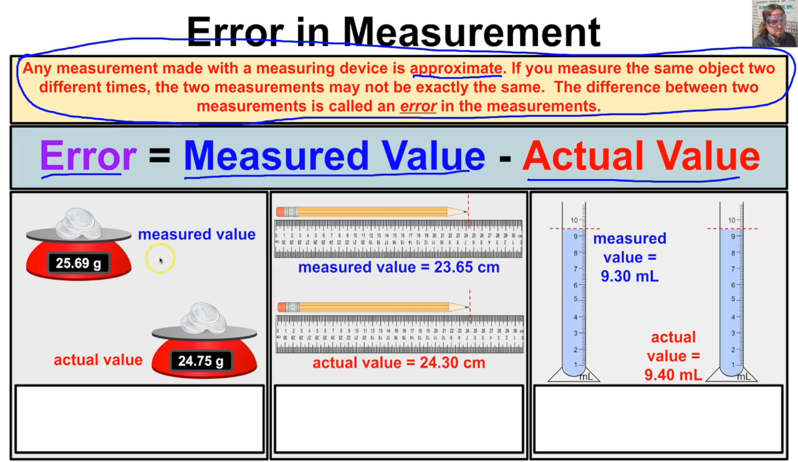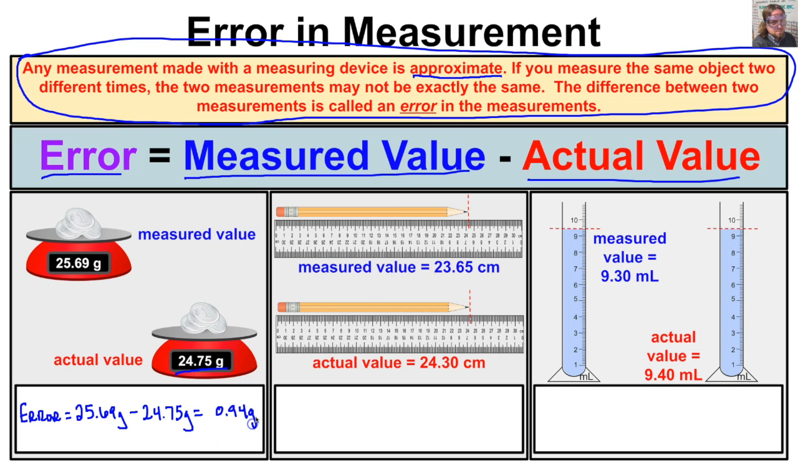And so if we take a look at these coins here, the measured value by a group of students in a lab, let's say, of these coins was 25.69 grams. However, the actual value of the mass of these coins is 24.75 grams. So how do we get the error in the measurement here? Well, to get our error, we're simply going to take the measured value, which is 25.69 grams, and we're going to subtract the actual value, which is 24.75 grams, and we're going to end up with an error of